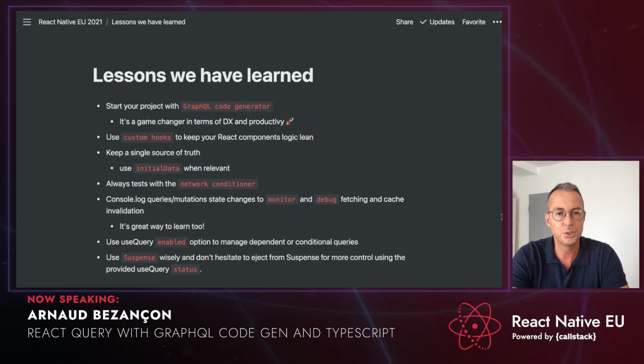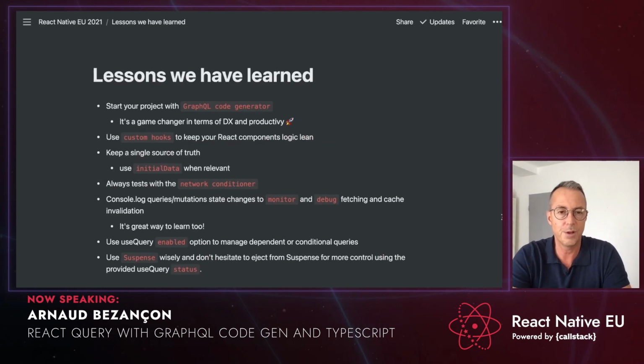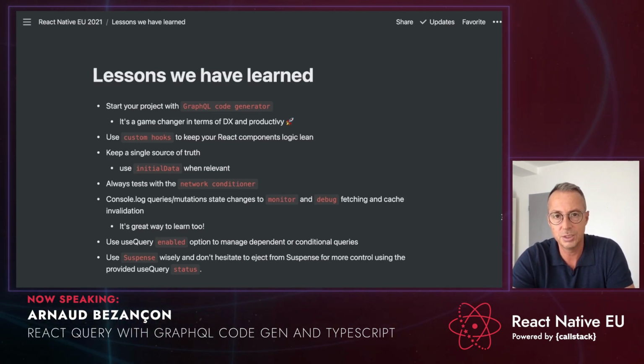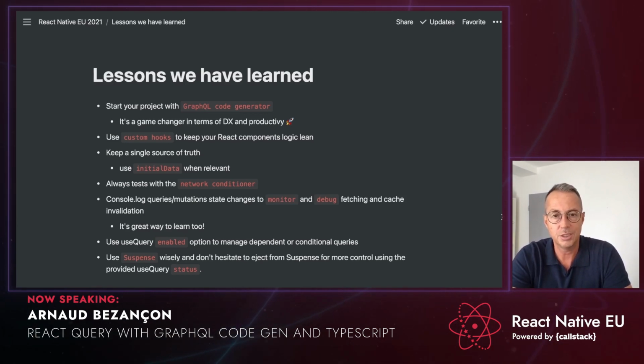It's time now to share with you the lessons we have learned during our journey with React Query. So first, start your project with GraphQL Code Generator. It's a game changer in terms of developer experience and productivity. It's so fast, so don't waste your time adding types and hooks. Just use the GraphQL CodeGen with the React Query plugin. It's so fast, and the VS Code